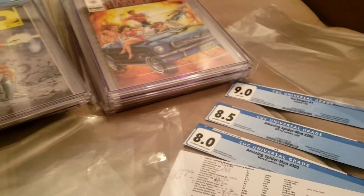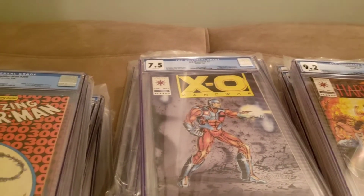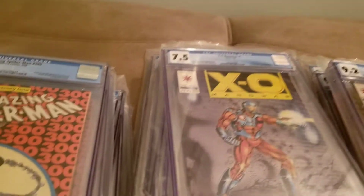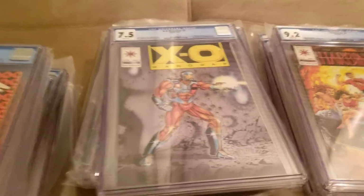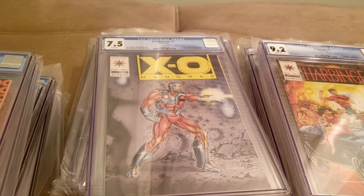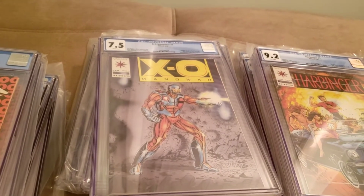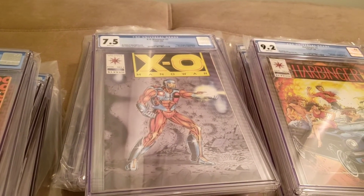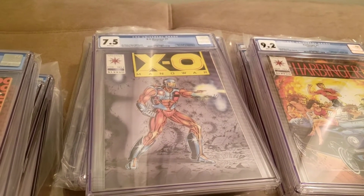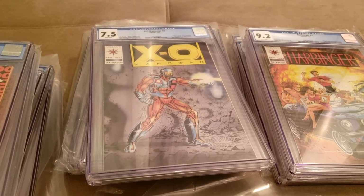Okay, because the truth is, EXO is not even worth all that much. You can probably get an EXO 9.8 right now, which I will. I'm going to say, if you don't go out and get an EXO Man of War 9.8, you could probably get it for about $130, maybe $140, or even, sometimes I've seen them go a lot less than that. If you don't get that, and just hold on to it,